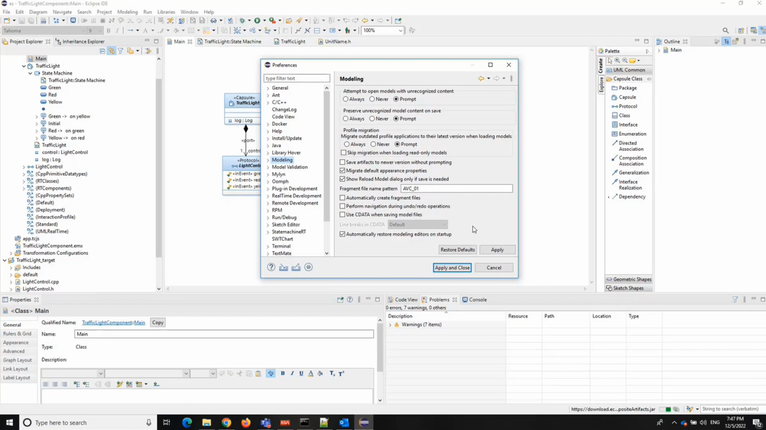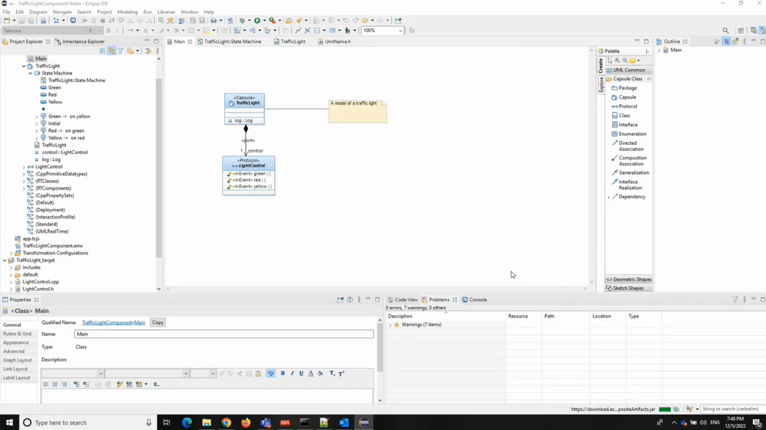So if you enable this, then all the modeling editors which are currently open will be restored if you close the tool or if you restart the RSA-RTE. So for example, now you can see that a class diagram is open and a state machine and a structure diagram and also one .h file which is open. So now if I restart the tool,